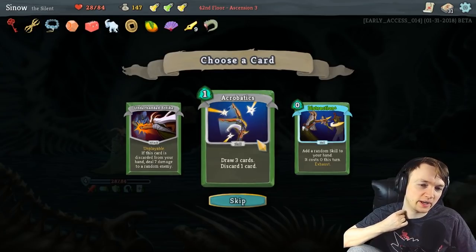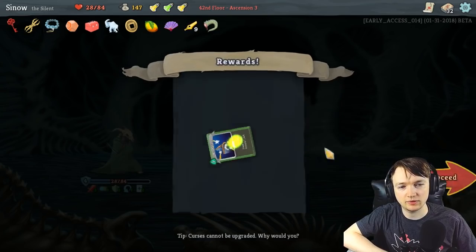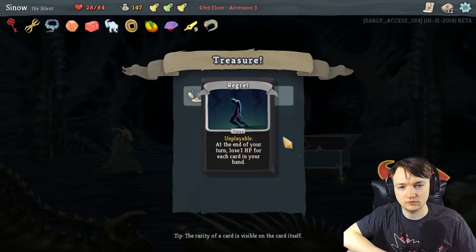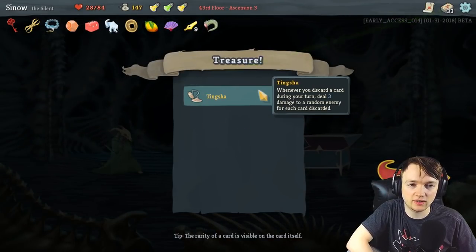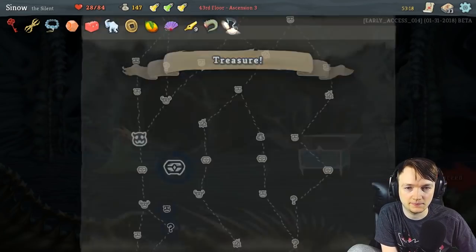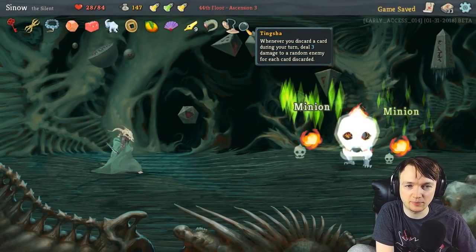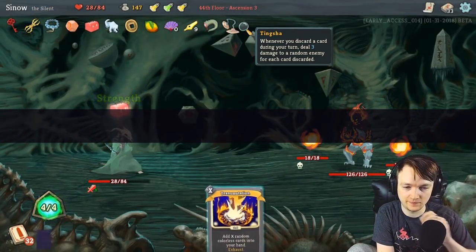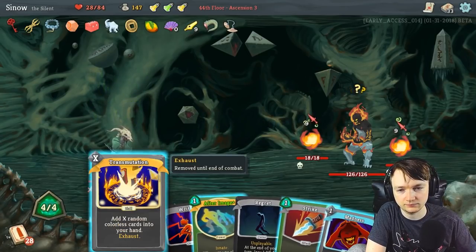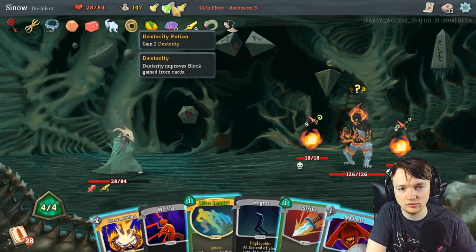Another unupgraded acrobatics. I'm going to take it. Regret again. Tingsha. Whenever you discard a card, you deal 3 damage to a random enemy for each card discarded. That's a nice relic in a discard deck, but it's a bit late to be getting it now. I've got a couple of discards though, at least. So I might need to...